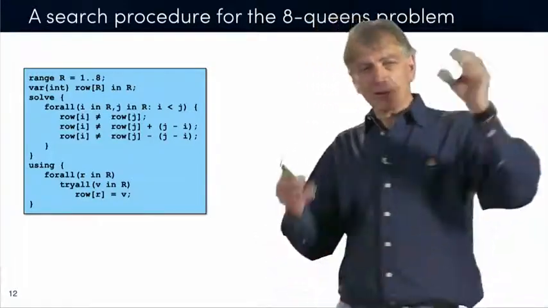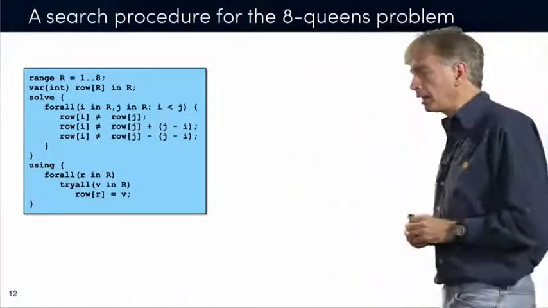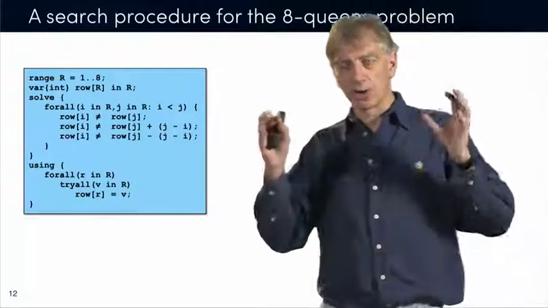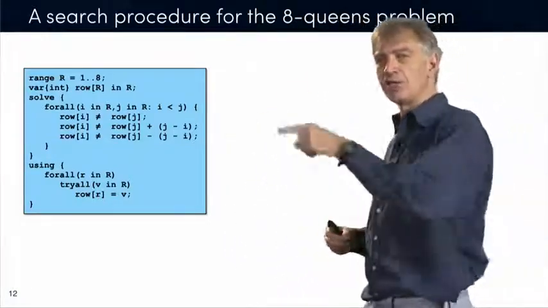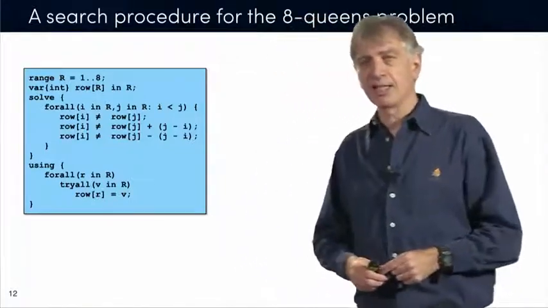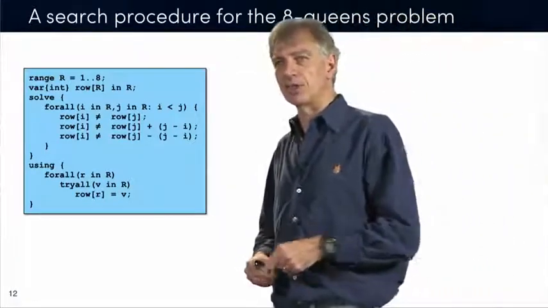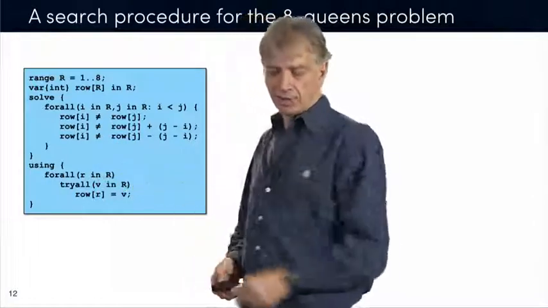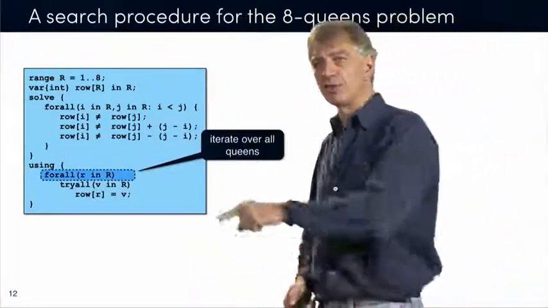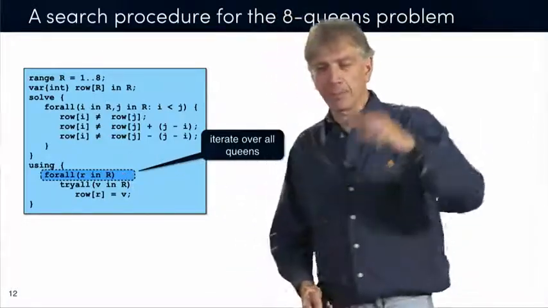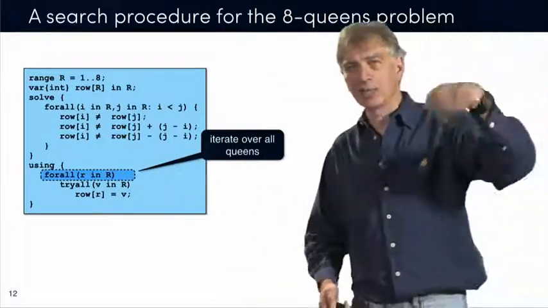So let's put this principle in perspective now, and let's look at how you program this search and how you can express them. So I'm going to start with the 8 queens problem again, such that I can illustrate a little bit how you write this search procedure. So what you see here at the bottom is a search procedure for the queens problem. And there are various things that you can see there. So the first instruction is a for instruction, and basically it's telling the system, iterate for every one of the queens.